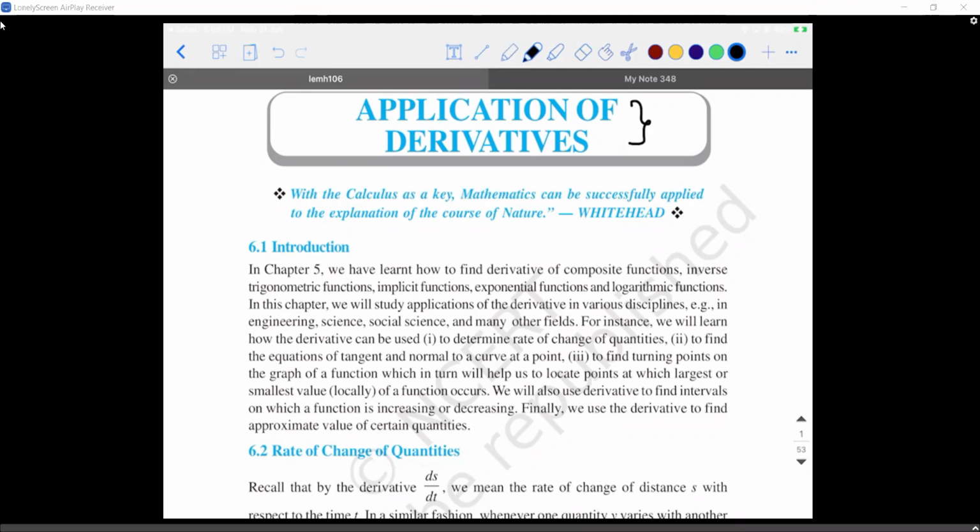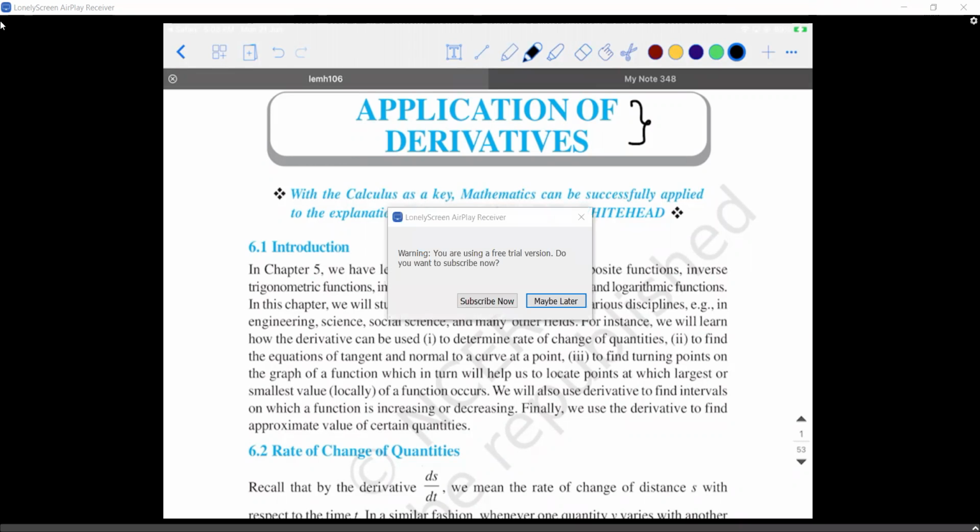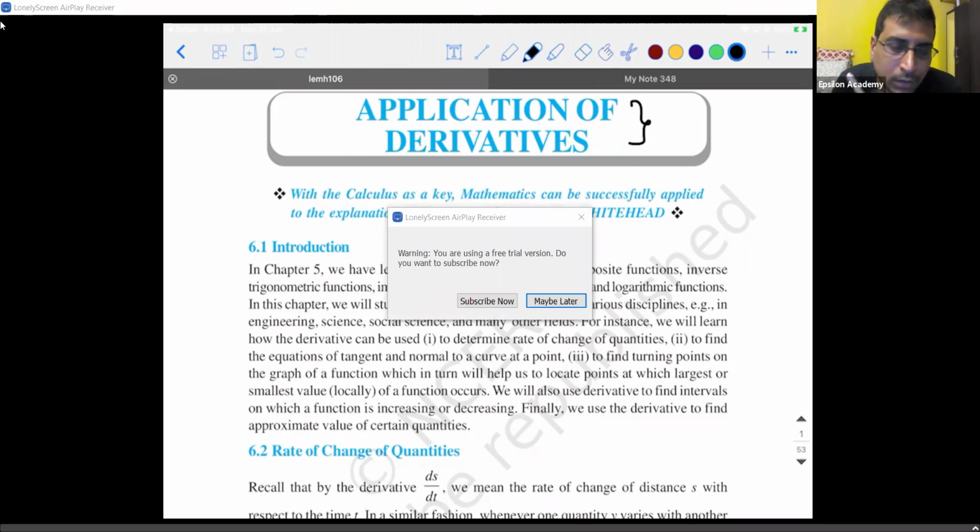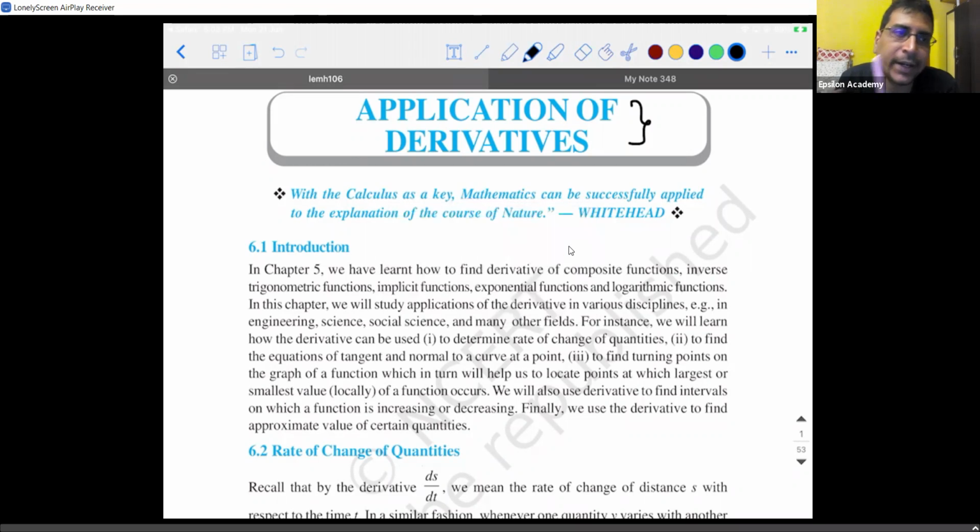So we learned the derivatives of inverse trigonometric functions, log functions, and so on. Basically, we learned the derivatives, how to differentiate different kinds of functions that were given to us. Means we learned how to deal with the tool named differentiation. I call it a tool because it has some application.